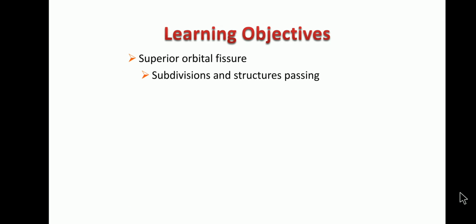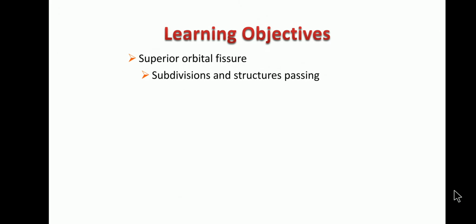So as a continuation of the previous class, in this class we will be concentrating on the nerves of the orbit. Before understanding the nerves of the orbit, first we will learn about the superior orbital fissure. Through this fissure, only the nerves supplying the orbit enter the orbit. So naturally, a knowledge of the superior orbital fissure is necessary to understand the nerves of the orbit, the course